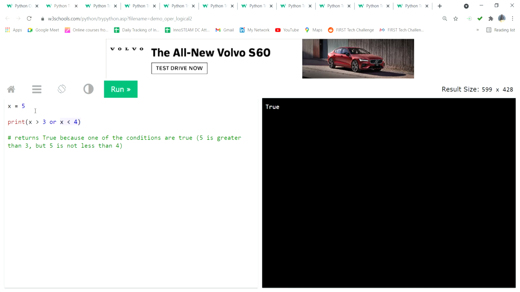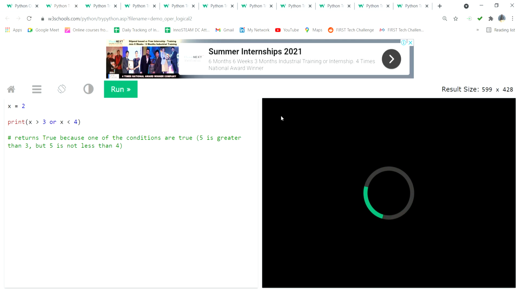Now I put the value 2, then also it comes true. Why? The first condition is not satisfied, but the second condition is satisfied, then it comes true. Either the first condition or the second condition should be satisfied. So this is called the OR operator.